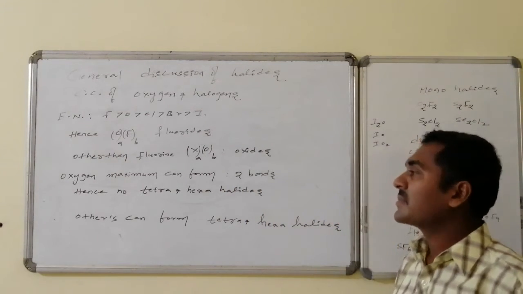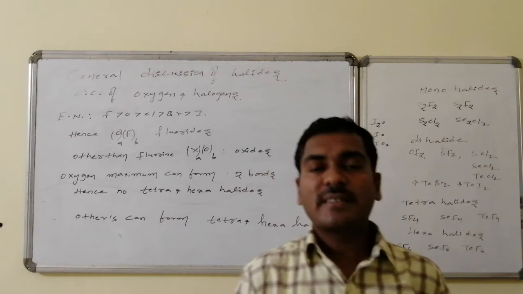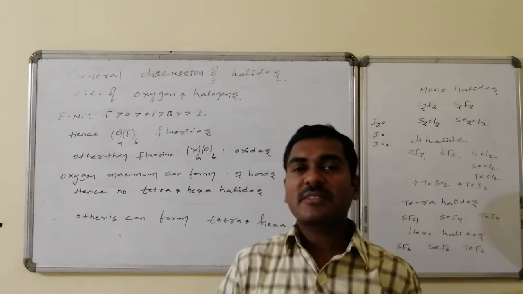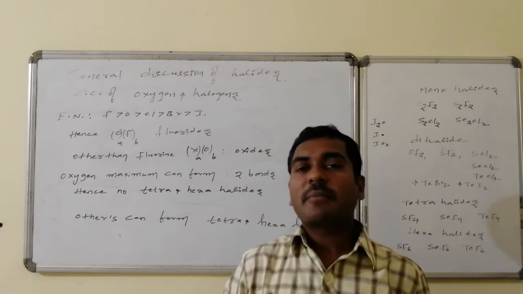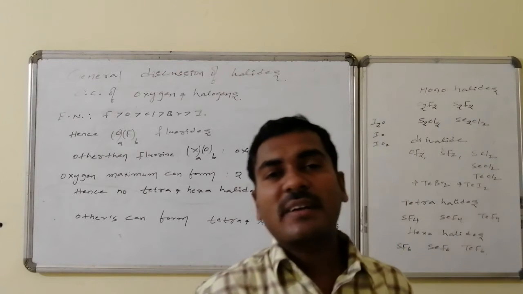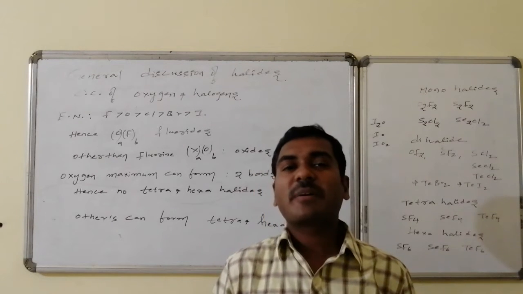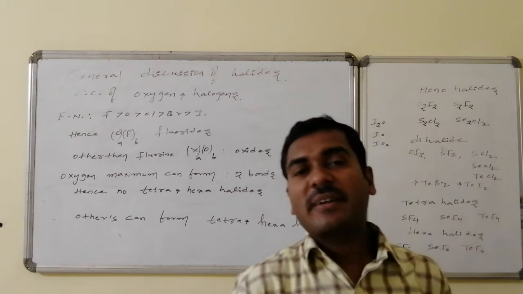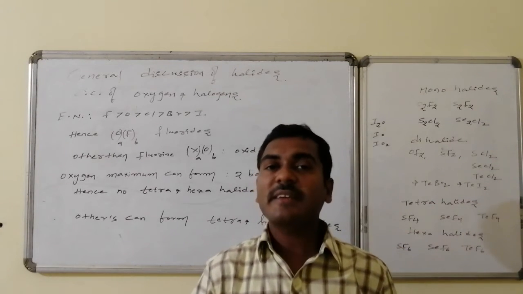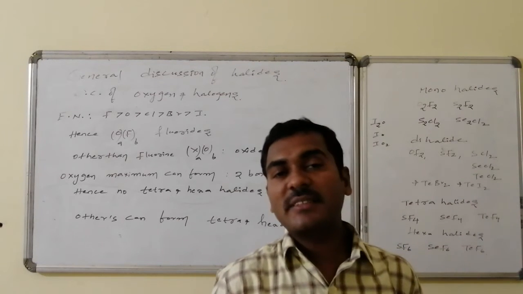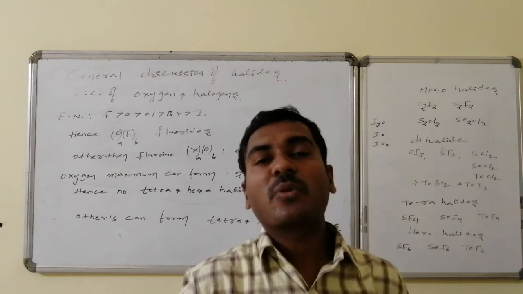Oxygen does not have any d orbital. Oxygen has two unpaired electrons in its atomic state. There is no excitation because the 2d orbital is absent. In the second orbit there is no d orbital. Hence the maximum number of sigma bonds formed by oxygen is 2. So oxygen forms at most dihalides. Oxygen does not form any tetrahalide or pentahalide, though it is highly electronegative and has the capacity. But the thing is, it does not have a d orbital. Due to this reason, it forms a maximum of 2 bonds, and does not form 4 or 6 bonds.